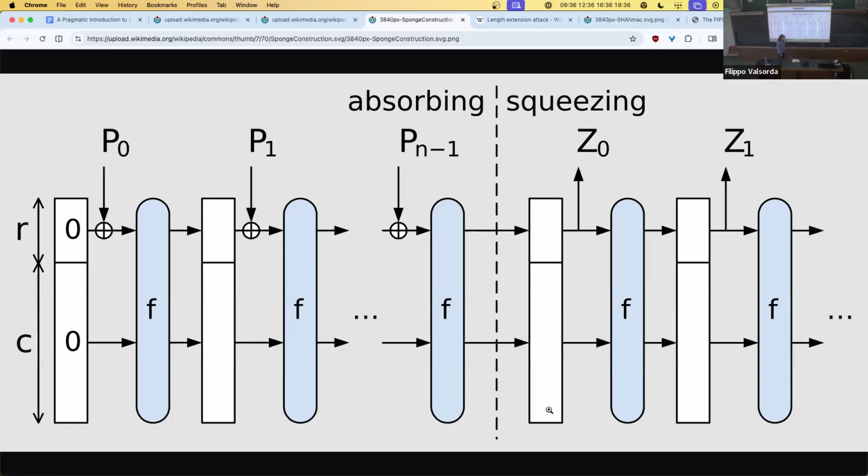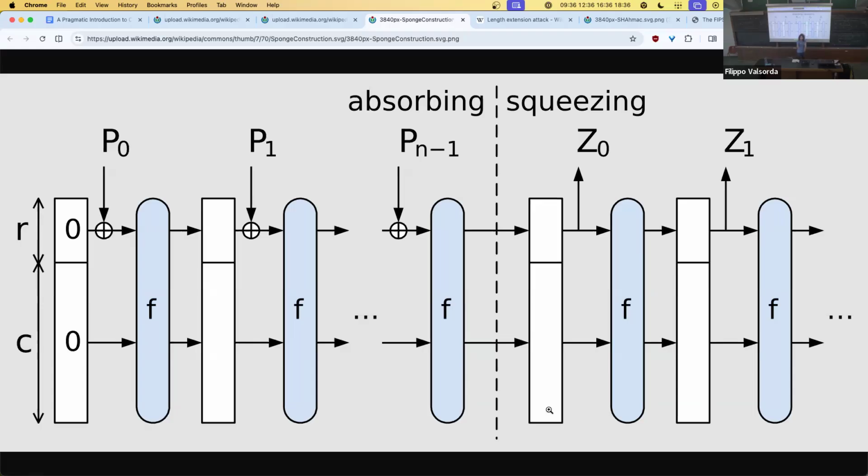Yeah. The other nice thing you can build out of sponges are XOFs, extendable output functions, which are essentially the unkeyed version of HKDF. Sometimes you use HKDF simply because it can produce an arbitrary amount of bytes, not arbitrary, the counter runs out. Because you keep hashing new counters and you can get a large output. But an XOF can do that natively because remember, we can keep squeezing.